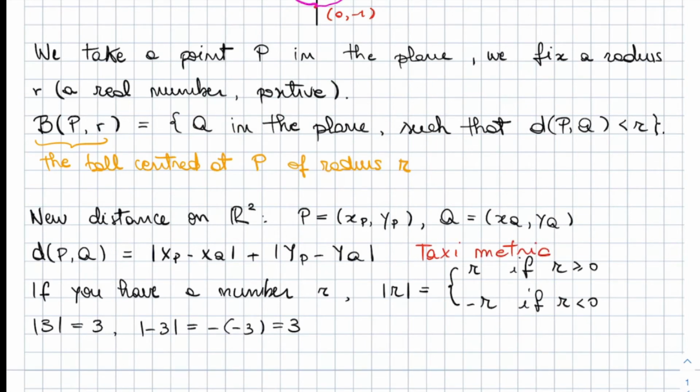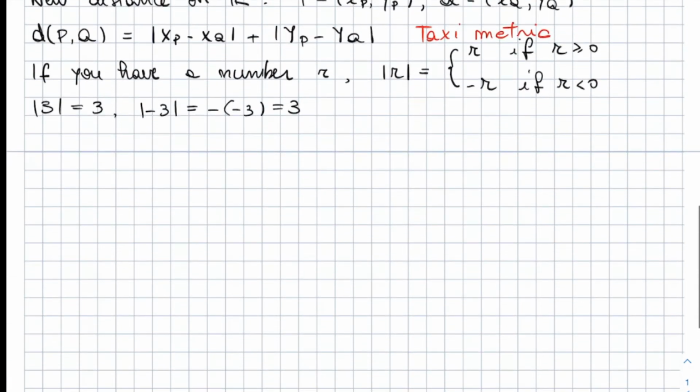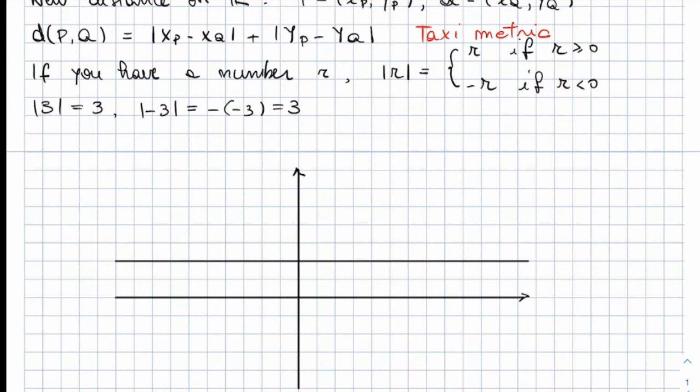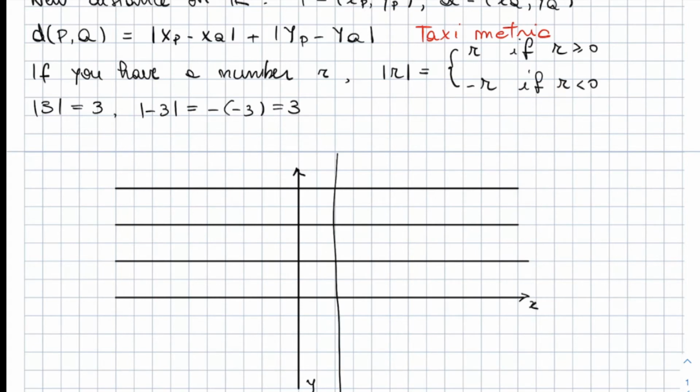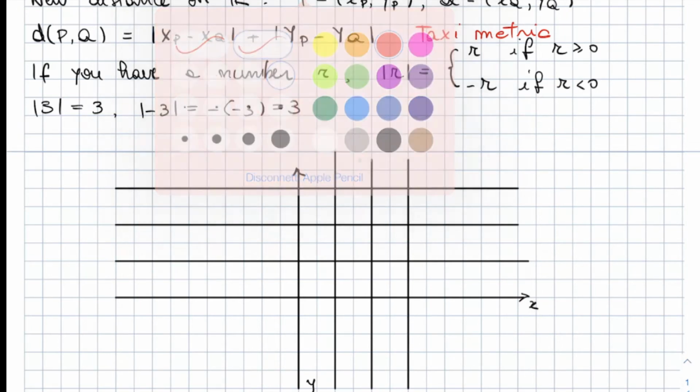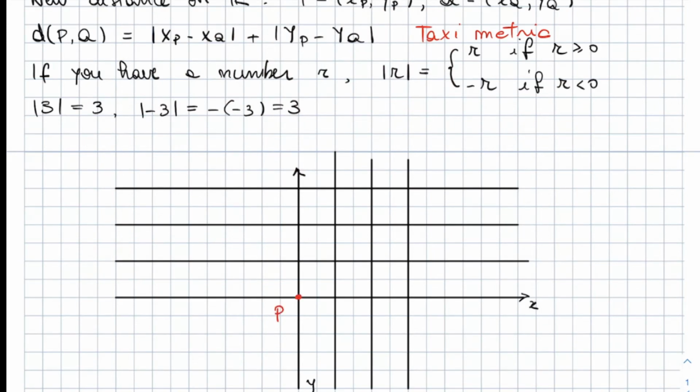The reason why it has this name is that if you picture yourself living in a city where all the roads are in a square grid, so this is the x-axis and this is the y-axis, and this is a road, this is another road, and the same thing vertically, one road here, one here, one here, and you want to start from this point P, and you can only go via the roads,